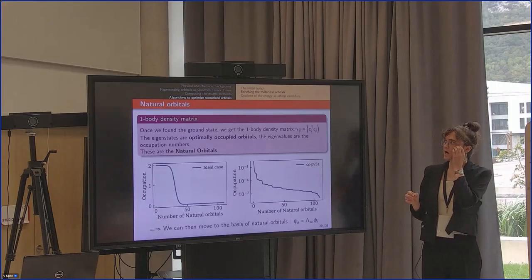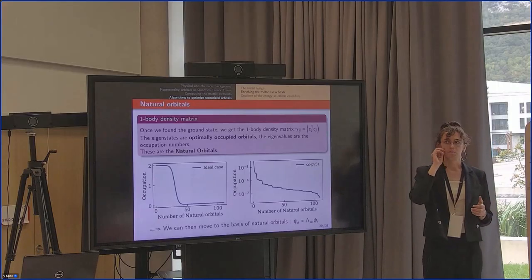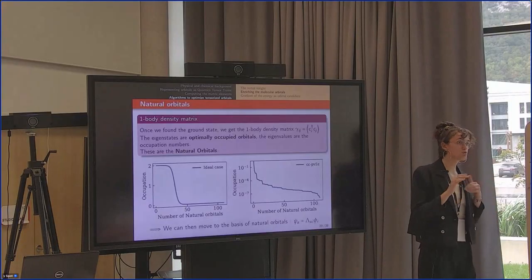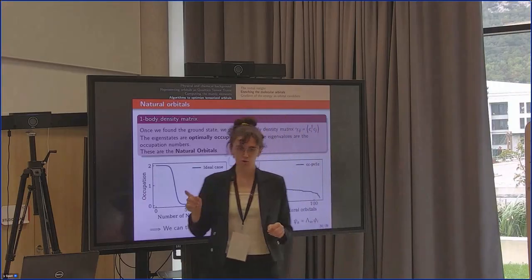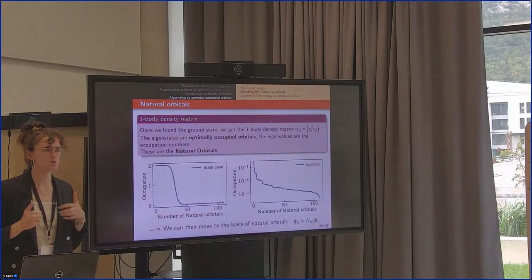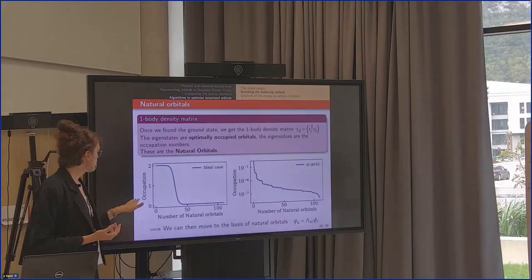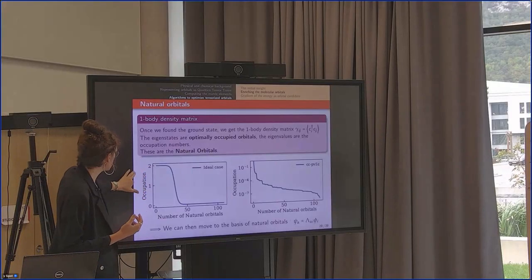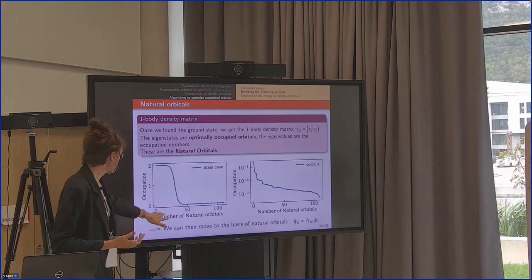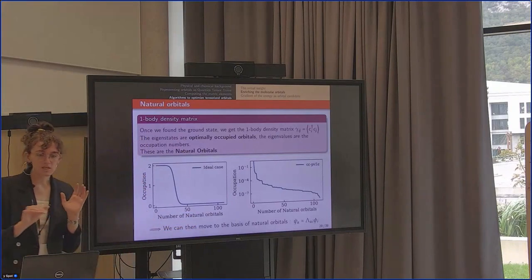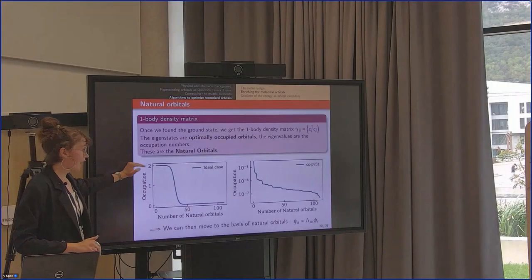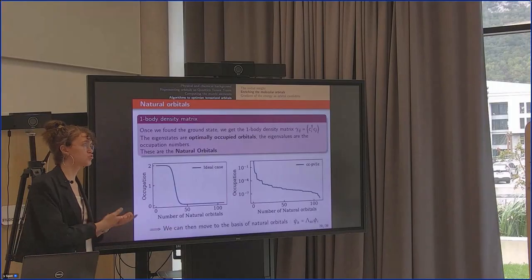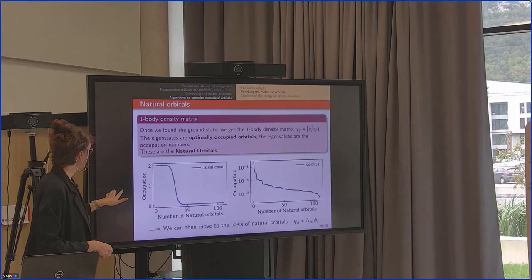By optimal, I mean they are the most occupied states. It will give us a recipe to get to the most occupied states, and the eigenvalues of this matrix will correspond to the occupation numbers. Here on the left, I'm showing the ideal case, because I think it's clearer to understand. I'm plotting the eigenvalues, so the occupation numbers, with respect to the number of natural orbitals, so how many we're considering. The high ones are at 2 because a full shell corresponds to 2 electrons, because of the spin that we don't take into account.